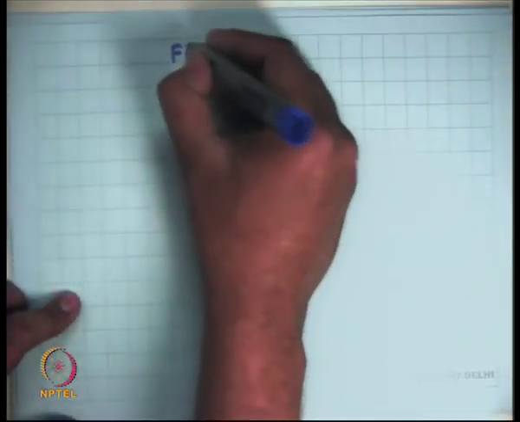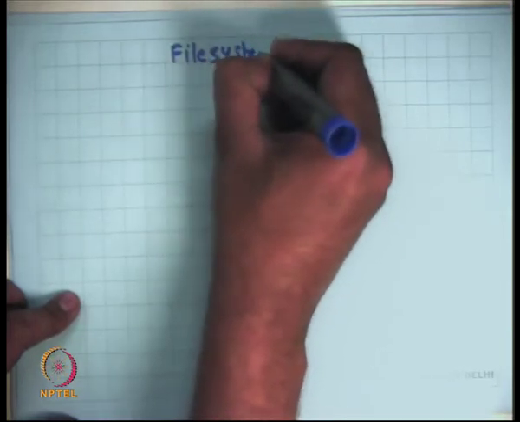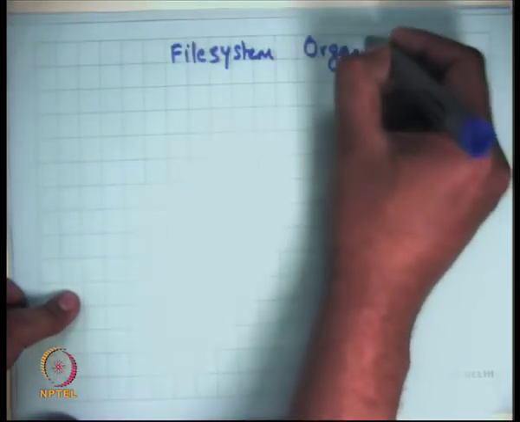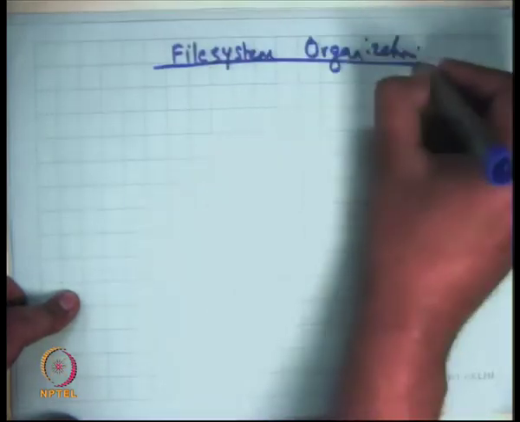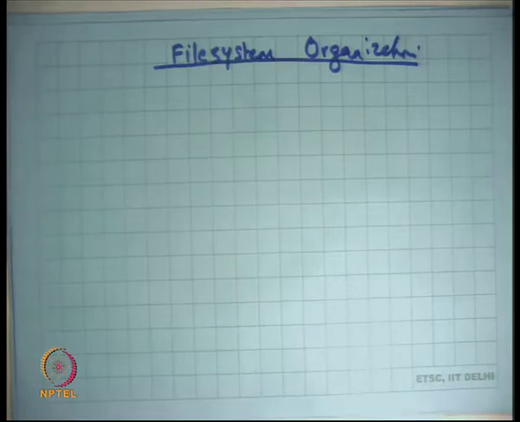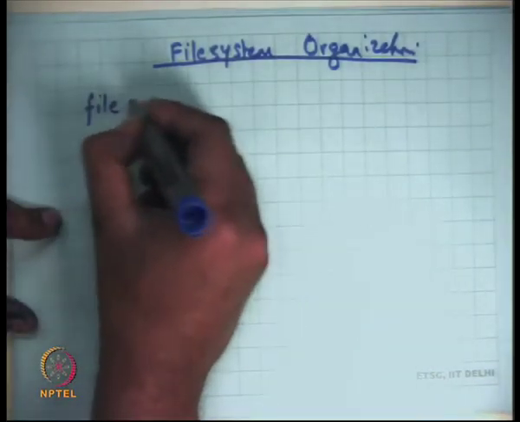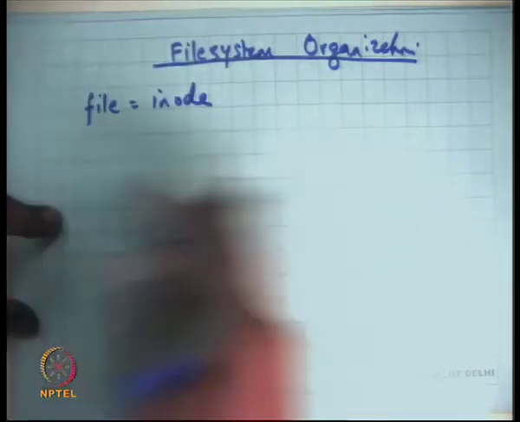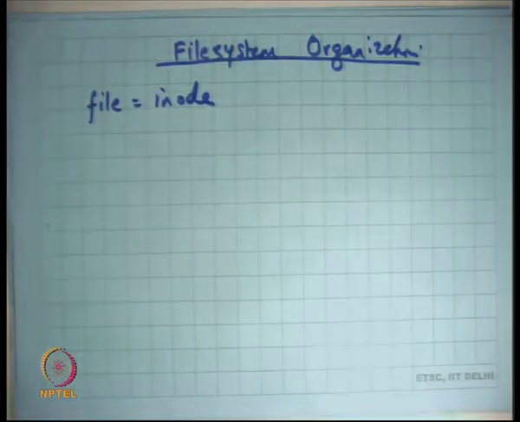Okay, so let's look at file system organization. Before we talk about durability, we just got a sense of this problem of durability and semantics that the file system needs to solve. First, let's understand how the file system should get organized. By organized, I mean I said that a file is represented by an inode, but then how should the data blocks be laid out? So what should be the data structure that you use on the disk to basically store these files, right?